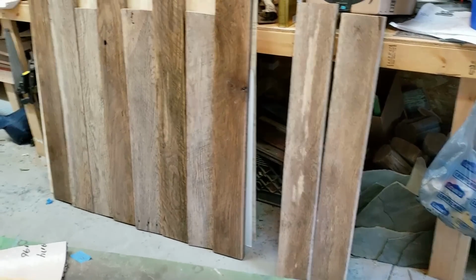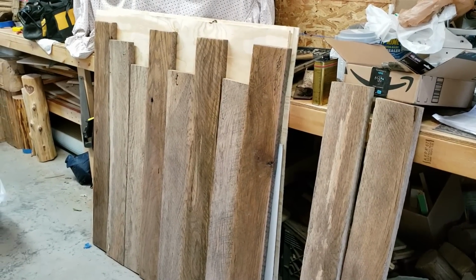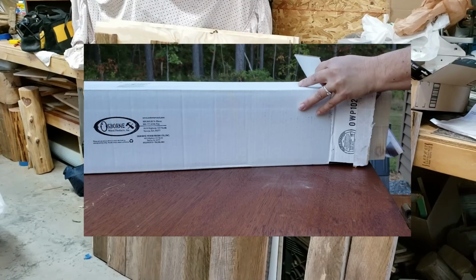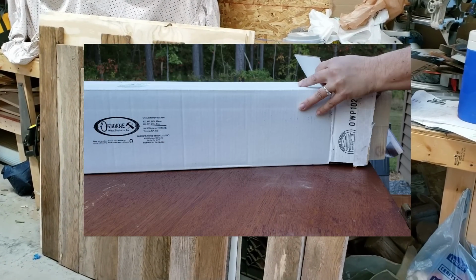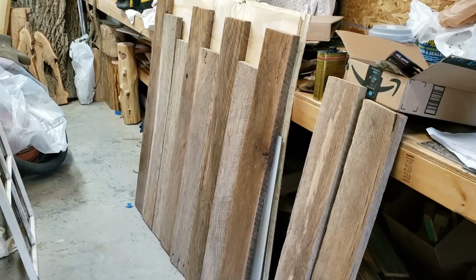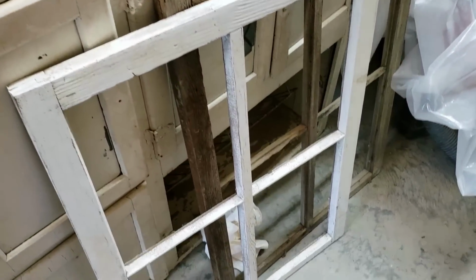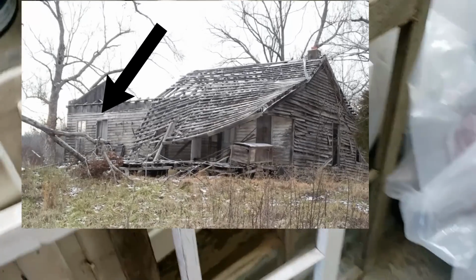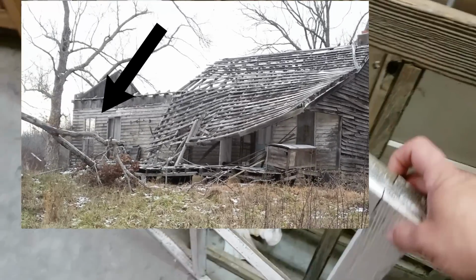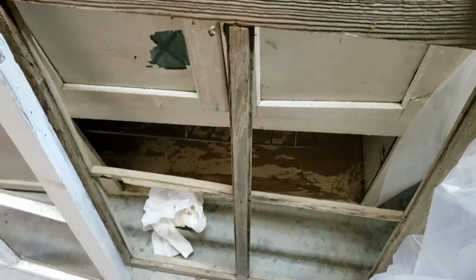I also have all my boards lined up for my table for in the kitchen. I just got the legs delivered yesterday, so we'll be doing that. So, lots to get done in a short amount of time. Oh, and one more thing. These were the windows that I pulled off that Kentucky Farmhouse from our first property. This one already had paint on it. I'll just kind of sand it off a little bit. And then this one needs a little...